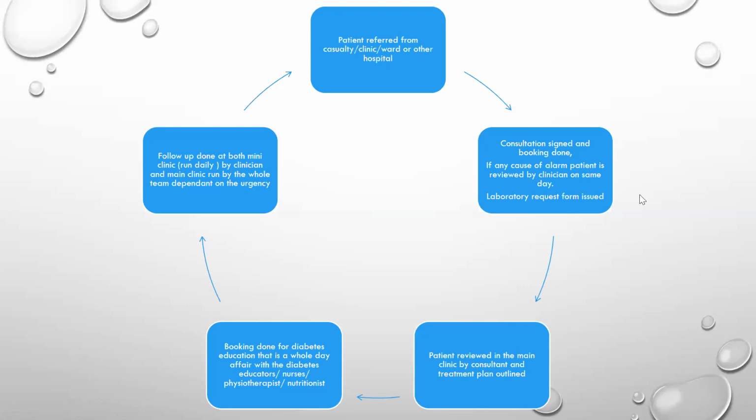So the baseline tests that we usually request are kidney function, a urinalysis, and the HbA1c. But of course, all these are dependent on the financial capability of the patient. There are still other tests that we request, but those are the baseline that will help us determine the medication that the patient requires. In the diabetes clinic, we have mini clinics which are run by our clinicians that